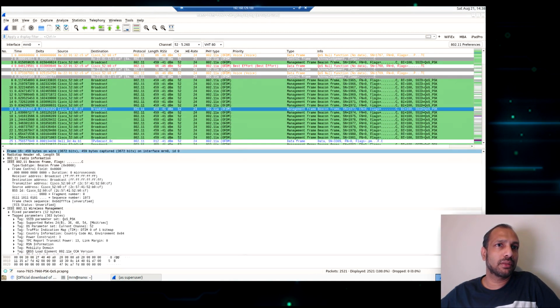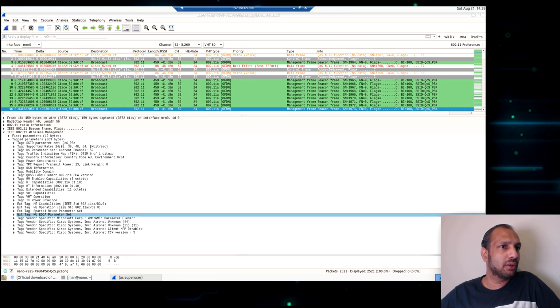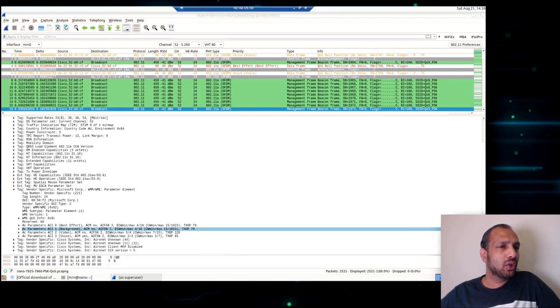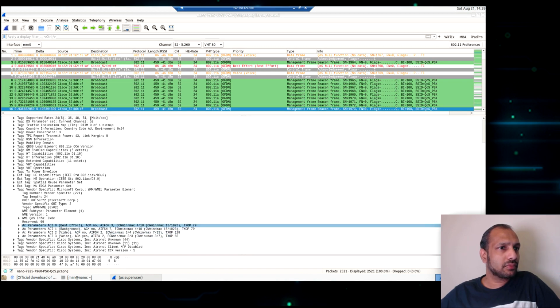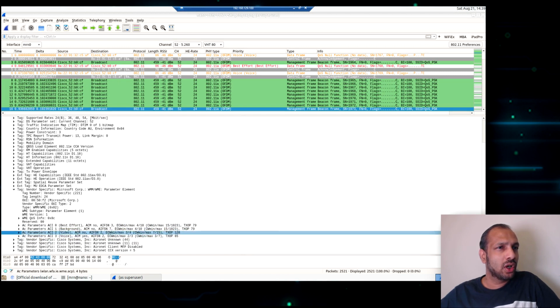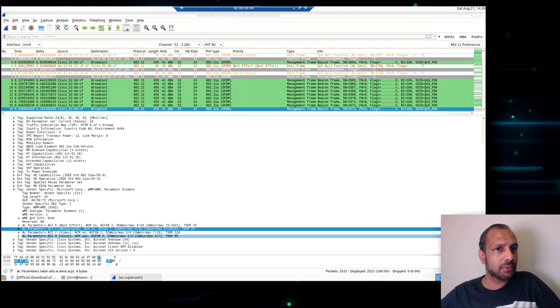Let me show one thing in the beacon. Normally if I go to the WMM parameter, the QoS element here, you will see it's advertising those different voice, video, best effort and background queue capabilities.